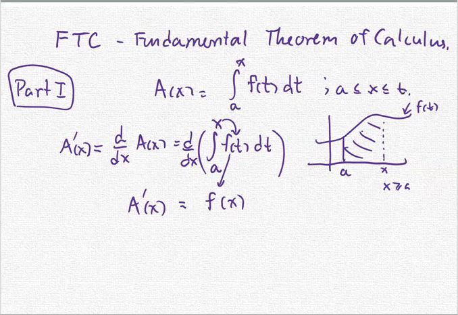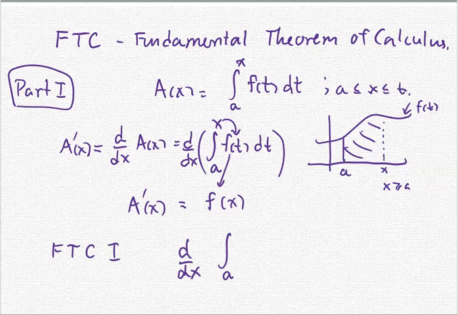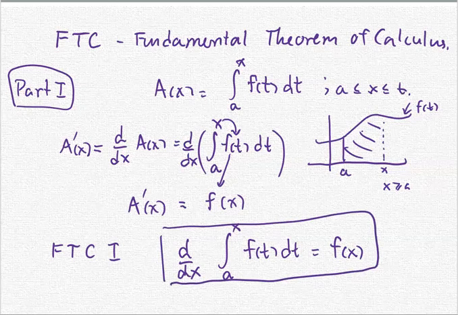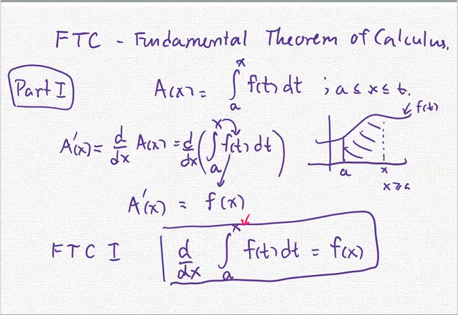So by the fundamental theorem of calculus part 1, when you find the derivative with respect to x of the definite integral from the constant a to the variable x of the function f of t with respect to t, it is equal to the function f of x. So this is the main part of FTC part 1. For the case that the upper limit is not just the variable x, but a function of x, I'm going to add another slide